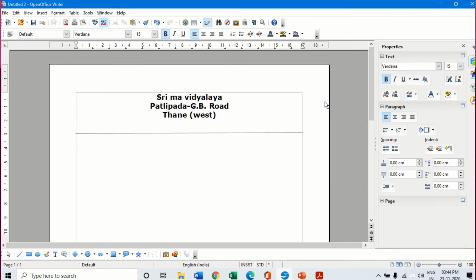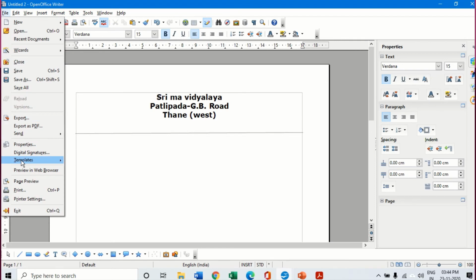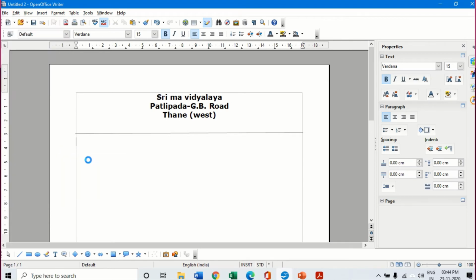So this template has been saved. Now if I want to set this template as my default template, which means that whenever I open any document in Word, it is going to open this very same document, how do I do that? I click on templates, and here I click on organize.